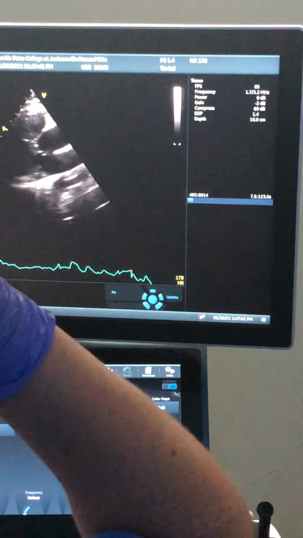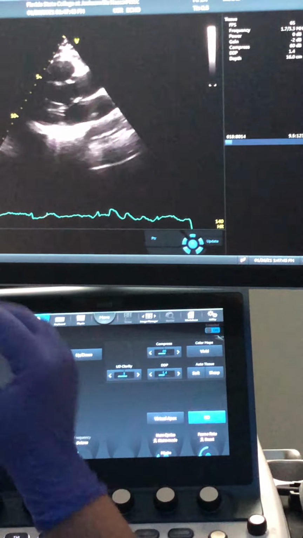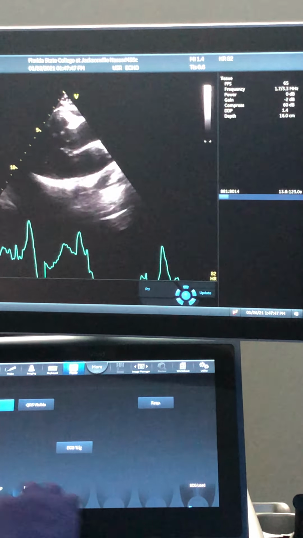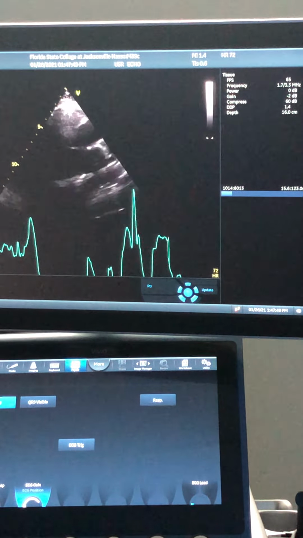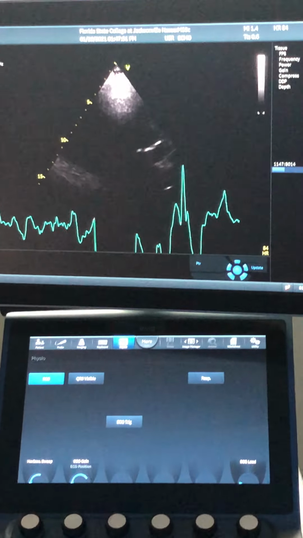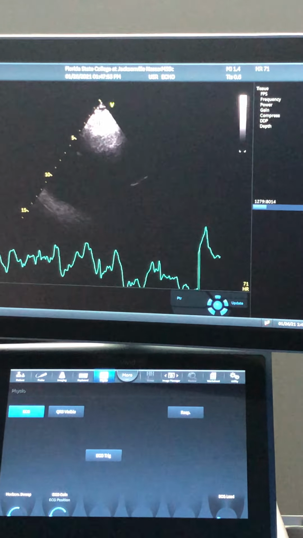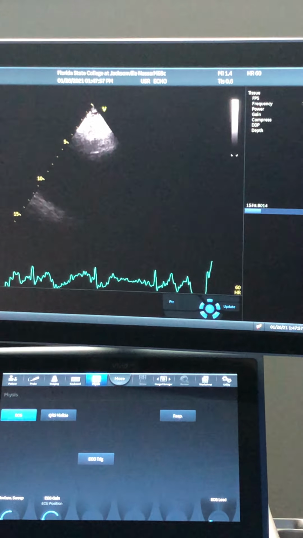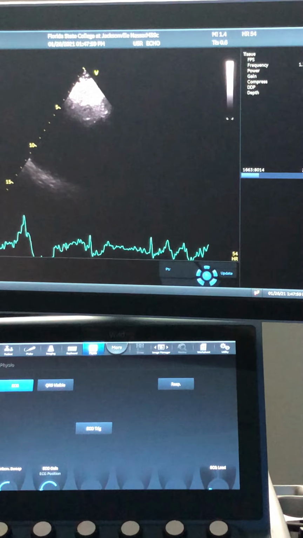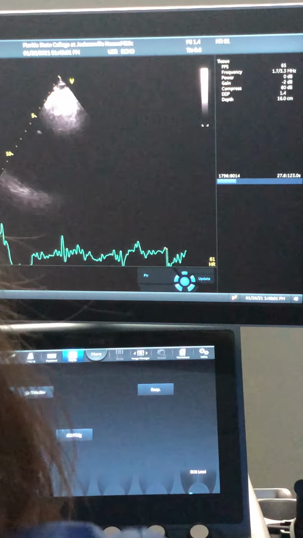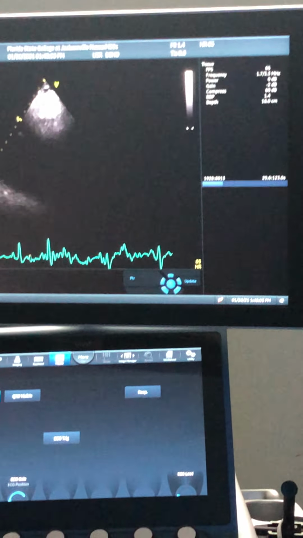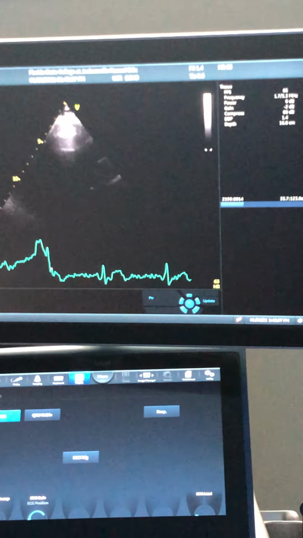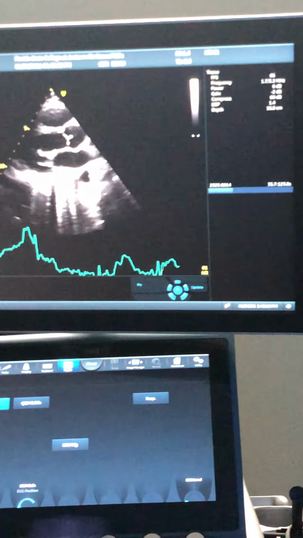Okay, so I'm going to get this EKG set here first. So I'm going to increase this gain. A little tension here, so let's see. A little bit better, not much. All right, so while we're at the parasternal long axis view,